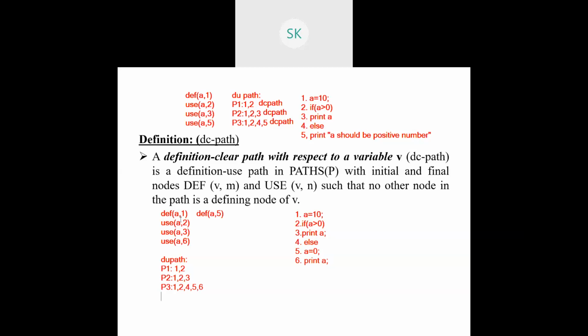The next one is P4. It starts with node 5 and says you need to go to the second node. I assume that after 5, the sixth statement will be executed, and we are traversing back again, reversing to 1 comma 2. If it is possible, then we can have it. But ultimately, there is no directed edge from the last node to the first node because of single entry, single exit. So this is not at all a feasible one. Infeasible.